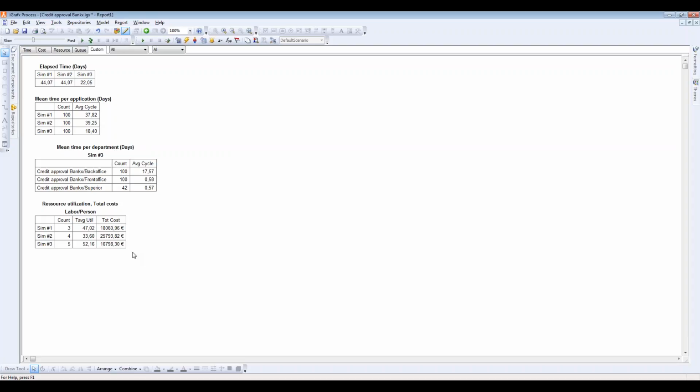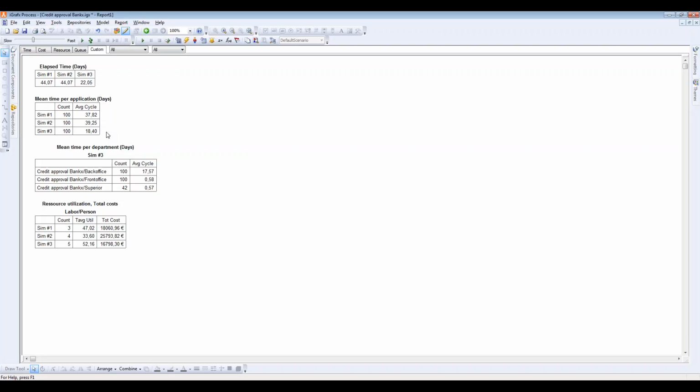And what's even more interesting is we have 52% resource utilization, and it actually is cheaper for us. So if we break this down to individual credit applications, it actually is cheaper for us with the 5 resources that we currently have on staff to perform all these individual